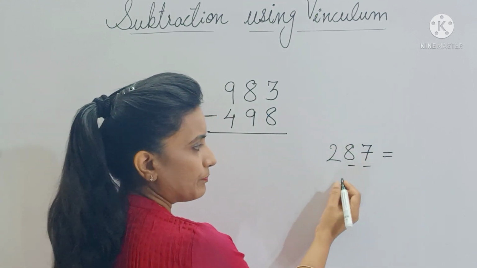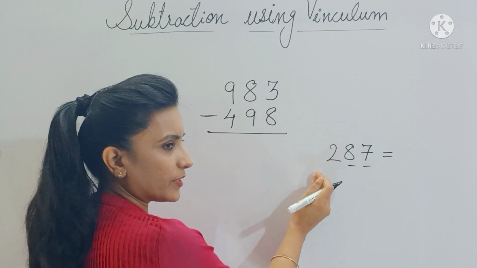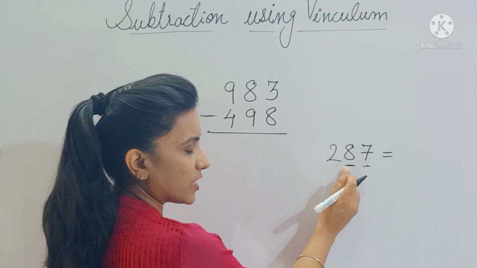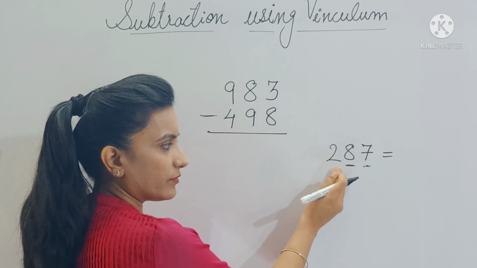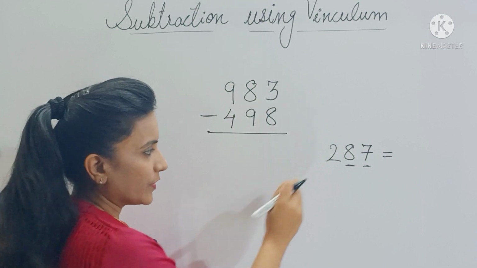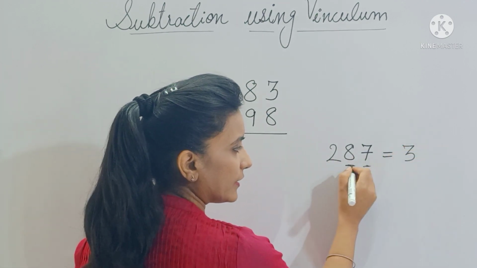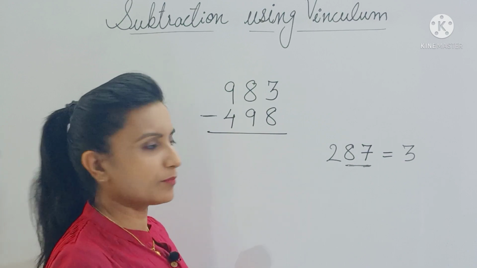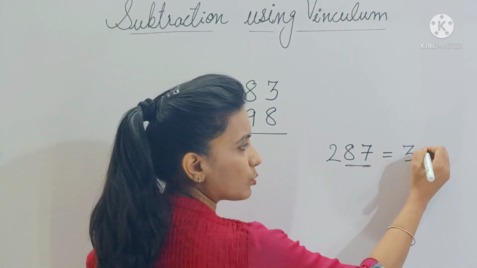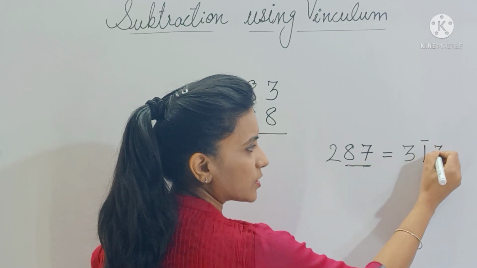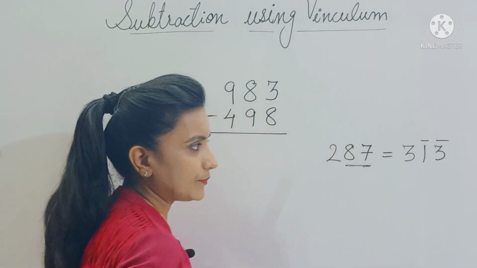So the rule is that you have to see the previous number. See, you have to start your vinculation from 8, right? So you have to see the previous number. Previous number is 2 here. This you have to increase by 1. So this becomes 3. And here you have to apply the rule subtraction all from 9, last from 10. So 8 plus 1 gives you 9. So you have to put a bar here. And 7 plus 3 gives you 10. And put a bar here.